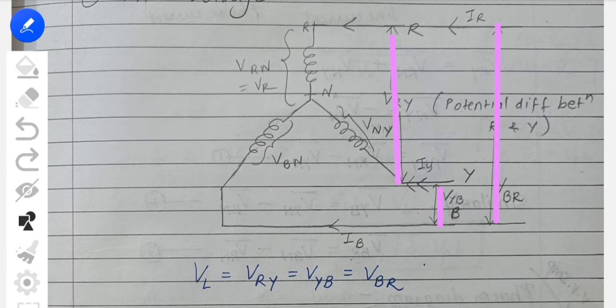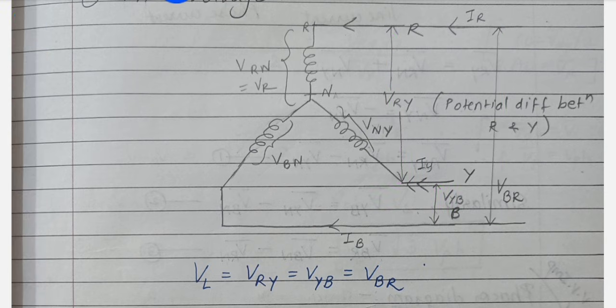Line voltages, again I will tell you the definition: the voltage between any two line conductors in a three-phase system. So these are your line conductors, you are understanding, R, Y, B. Except those with N, that is with the neutral point, we have to mention all the voltages, that is here in this case VRY, VYB, and don't forget that you have to show them equal, that is VL equal VRY equal VYB equal VBR. I hope it is clear. Then let us go ahead.